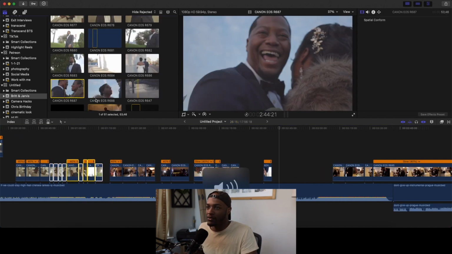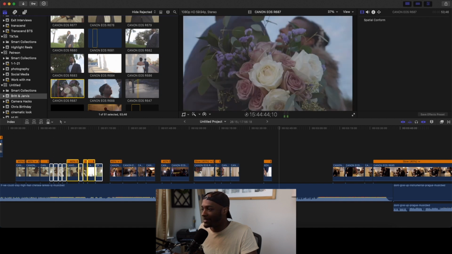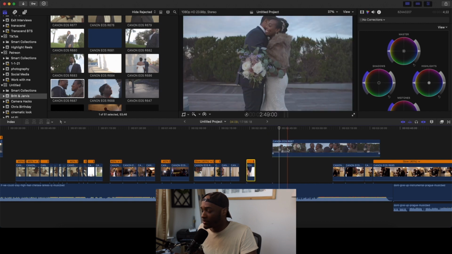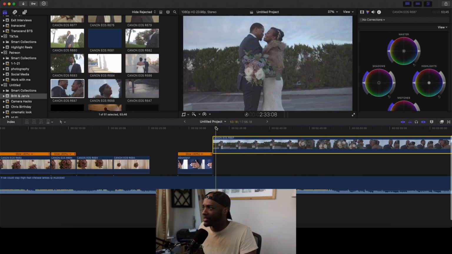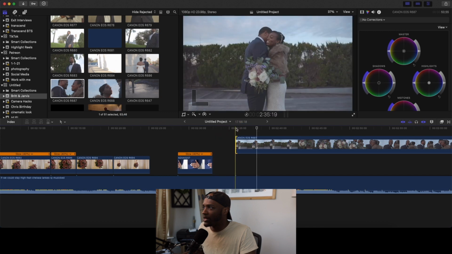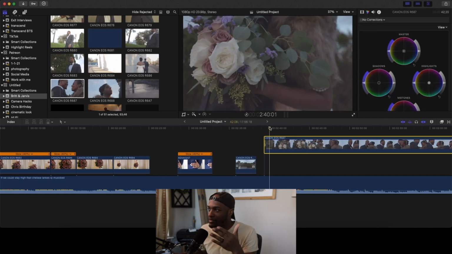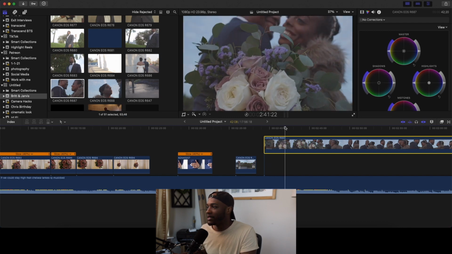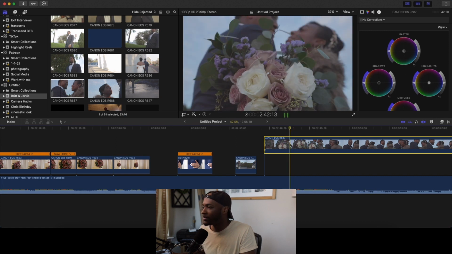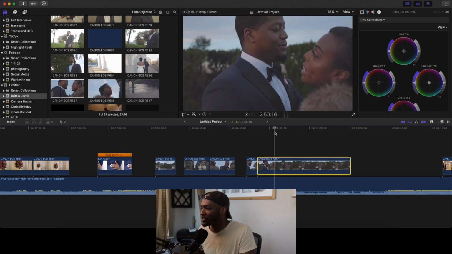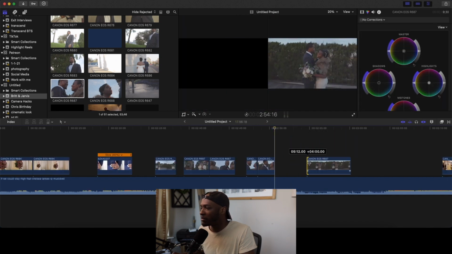But what I'm going to do is start to go through this and figure out how I really want to structure it. One of the things I like them to do is to give me a variety of wide and tight shots. And then I also like them to be as smooth as possible. So get rid of any jitters, unstable footage, and I just go through and I'll cut it to where I feel like it would look good. I try to get close-ups, medium and tight shots of the same things, and that typically allows me to have enough footage to cut through, because we have all the good footage, and then all we have to do is really just place it where we feel like they work the best.